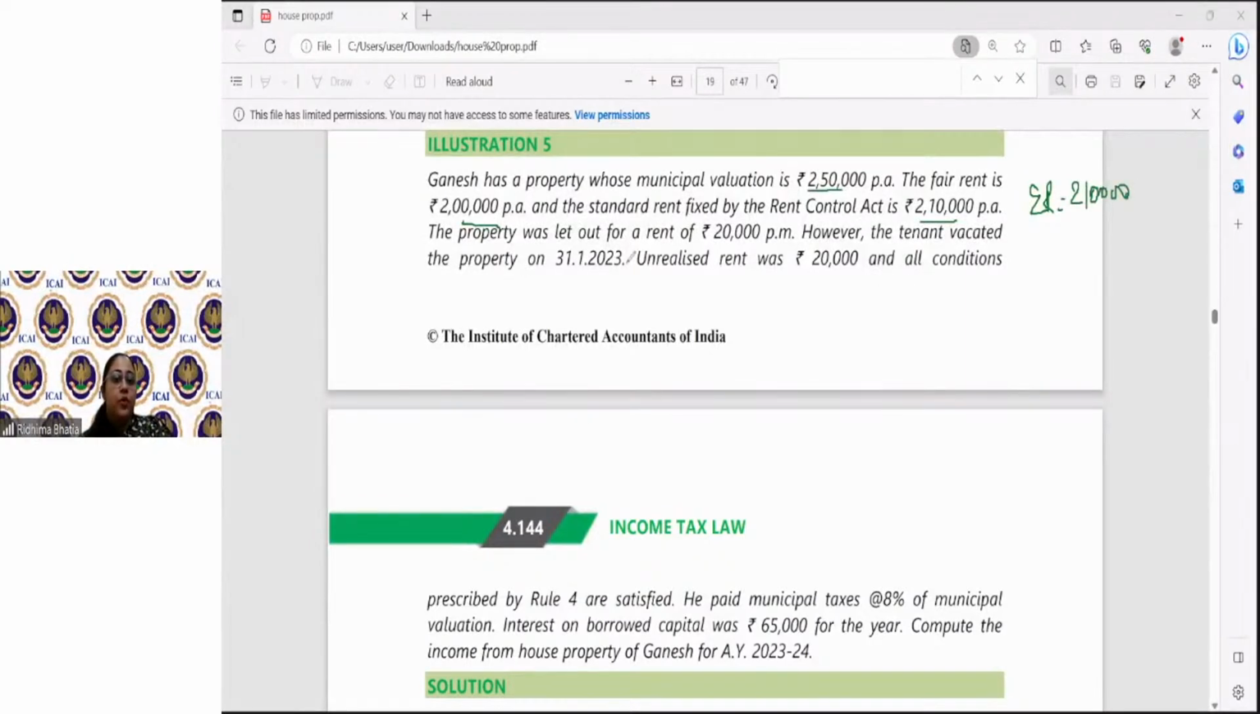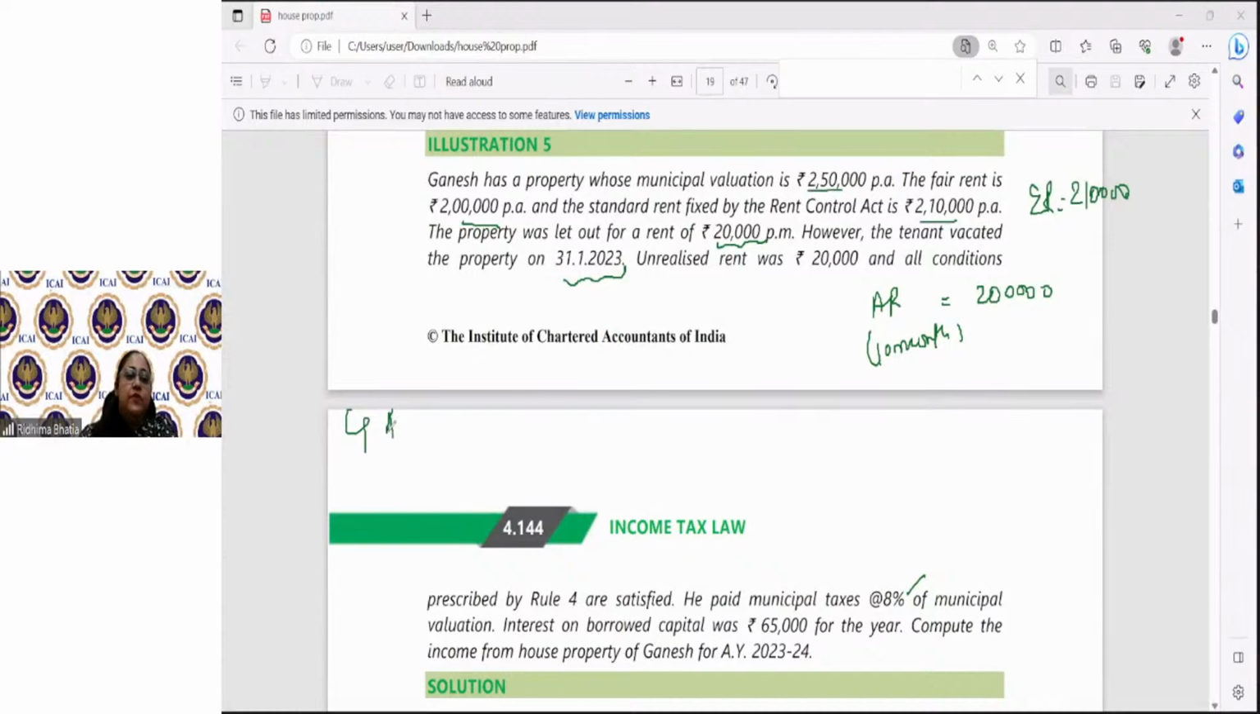Okay. The property was let out for a rent of 20,000 per month. However, the tenant vacated on 31st January. Vacancy period is 10 months. Okay. So actual rent for let out period, which is 10 months, is coming to 2 lakhs. Unrealized rent was 20,000 and all conditions prescribed by Rule 4 are satisfied. He paid municipal taxes at 8% of municipal valuation. Interest on borrowed capital is 65,000. Okay. Now,